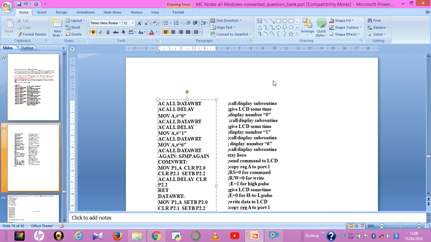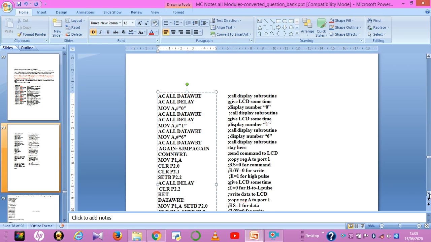So now I have given the program for the command subroutine, that is COMWRT colon. Every time we call the command subroutine, it comes here and executes these commands. Next we'll go for the remaining characters. See here, this is the command subroutine.